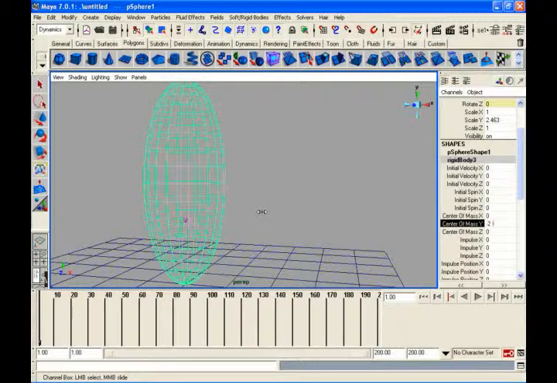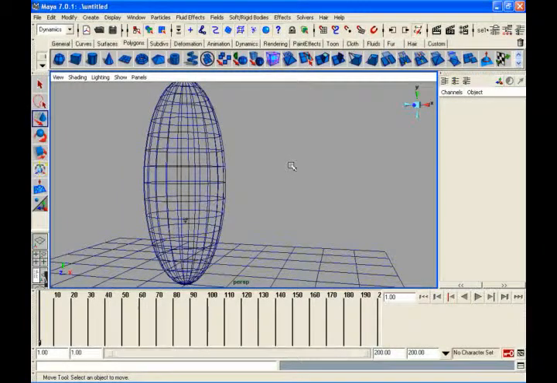If I am creating a car, is the engine forward or backward? If the engine is forward, it will behave totally differently when it is jumping. If the engine is at the back, it will behave differently. So according to your conditions, you have to change the center of mass also. So presently I decreased my center of mass.